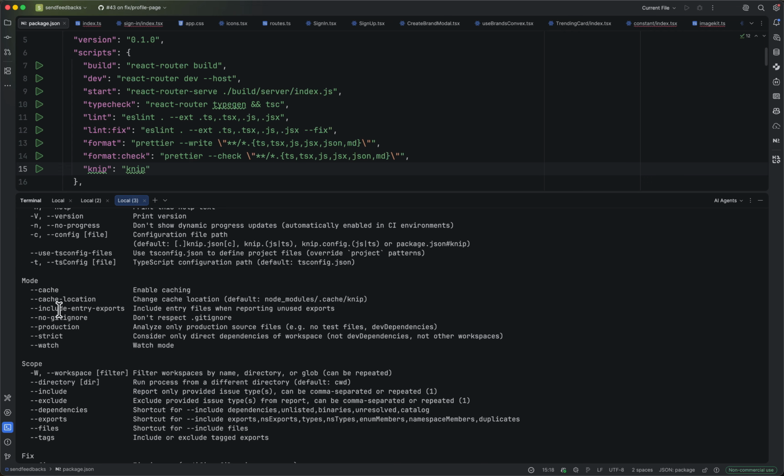You can include entry exports. So basically include entry files when importing unused export. So you can define it not to consider the gitignore, like, do not respect the gitignore. You can configure it just for production by setting it to only analyze production source files, no test files, no dev dependencies at all. And you can run it in the watch mode or in the